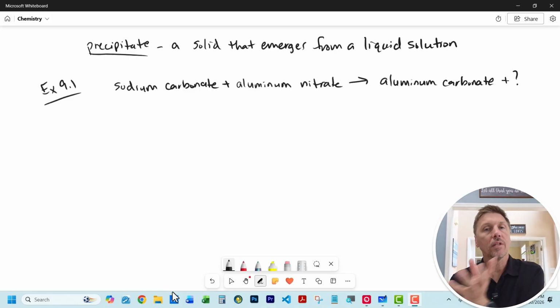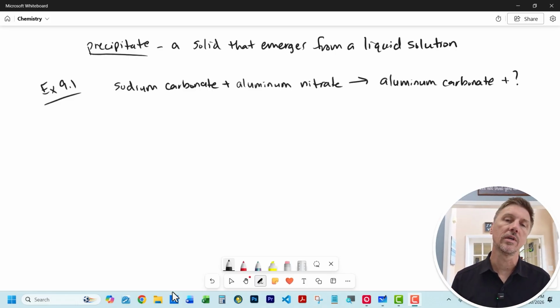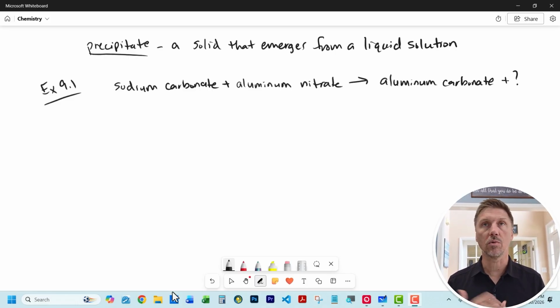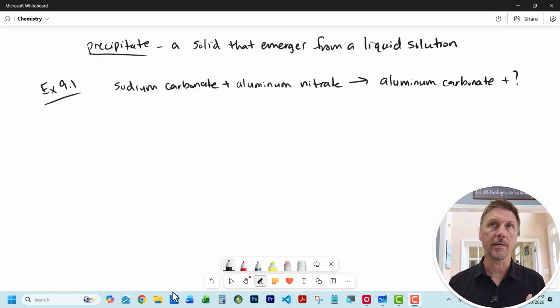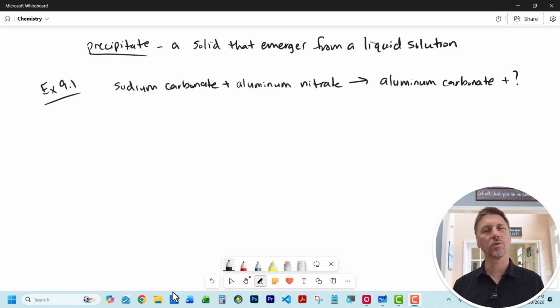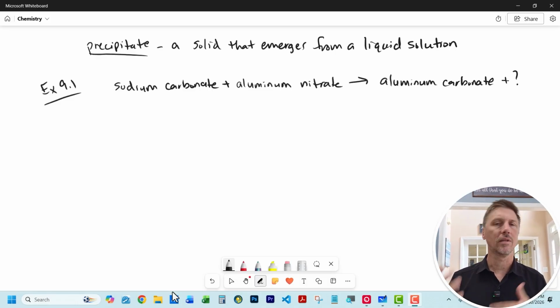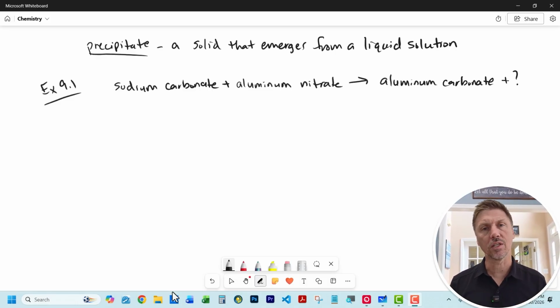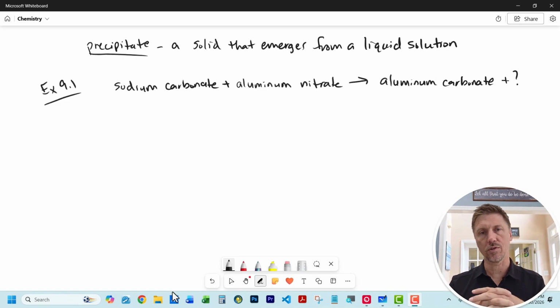It'll basically come out of the liquid and bond with the other ions, and all of a sudden in this liquid you will have this solid appear. And so this happens when you're mixing two liquids together that have ions in each of the different liquids. Once you mix those two liquids together, now the ions are attracted to one another and